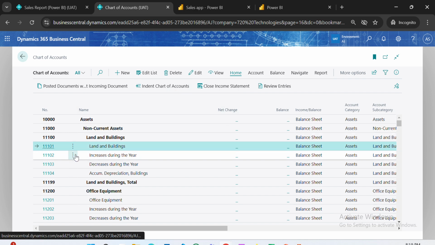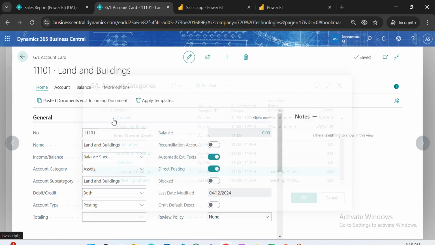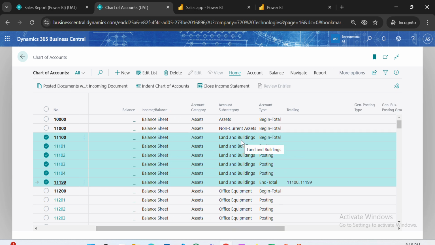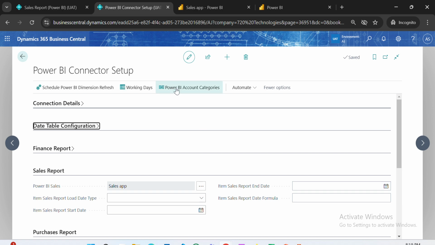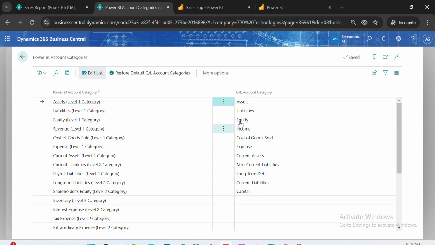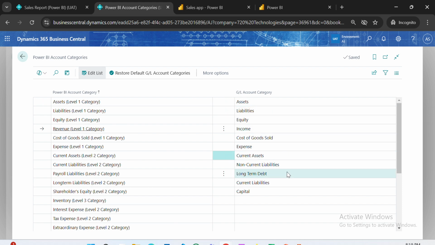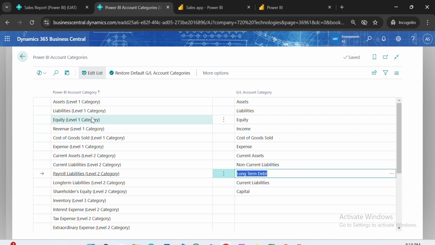Okay, so you must know that there is a feature named account subcategories in Business Central on the GL account card, and you can see the land and building subcategory is specified with all these 6 accounts. So that means all these accounts come under the category of land and building. Okay, and if I go to the Power BI connector, over here there's a feature called Power BI account categories, and you can see that you can specify the GL account categories which you have created. Okay, and over here you can link all the default Power BI account categories which Microsoft has provided. Now you need to map them with the GL accounts which you have created in your system,